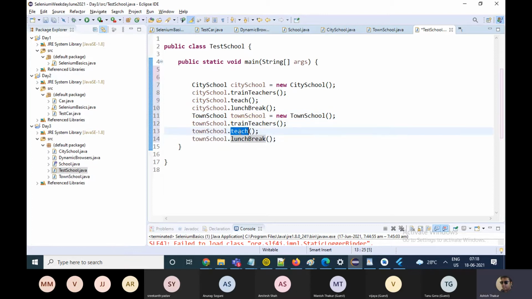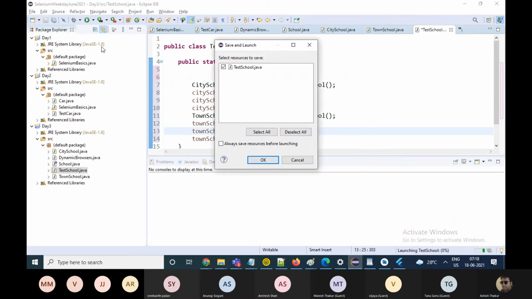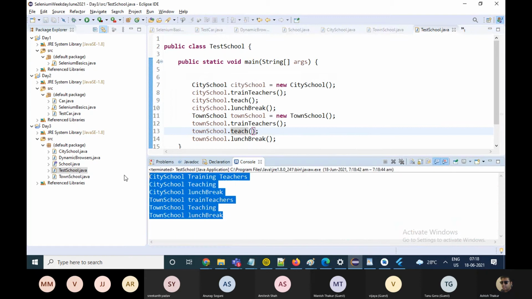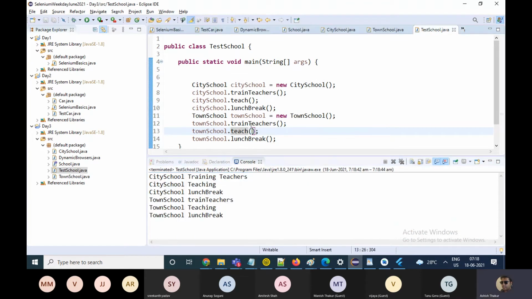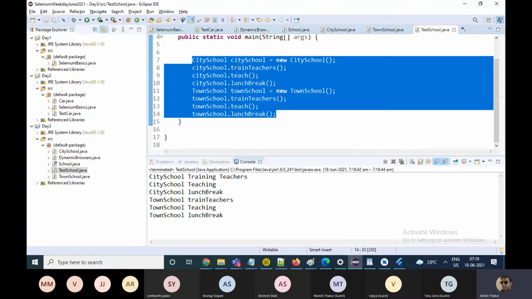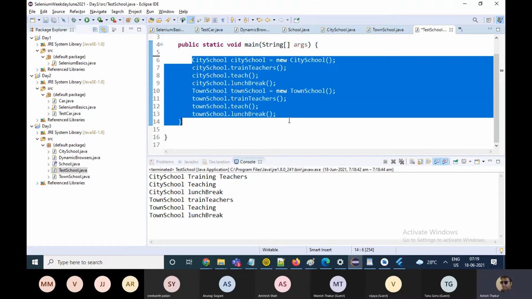The function names remain the same. The implementing classes are different. If I run this, you see that the function names are same, but the implementing classes are different. So this is one advantage of interface. There is another advantage I'll tell you in some time. It gives a structure to the whole application.